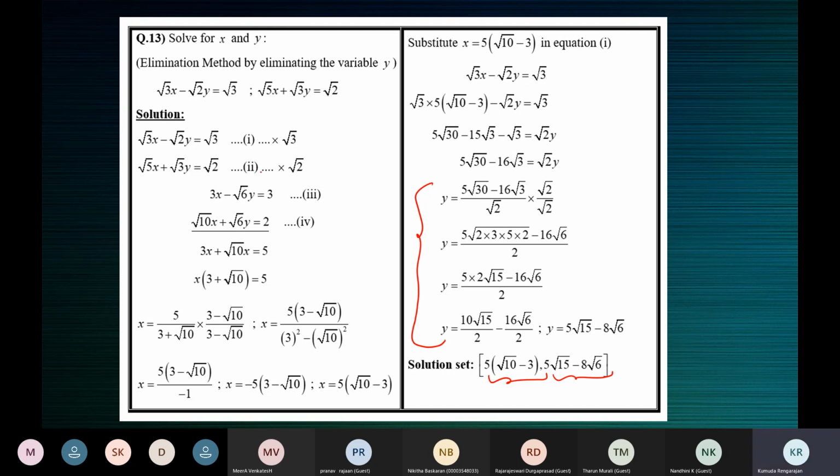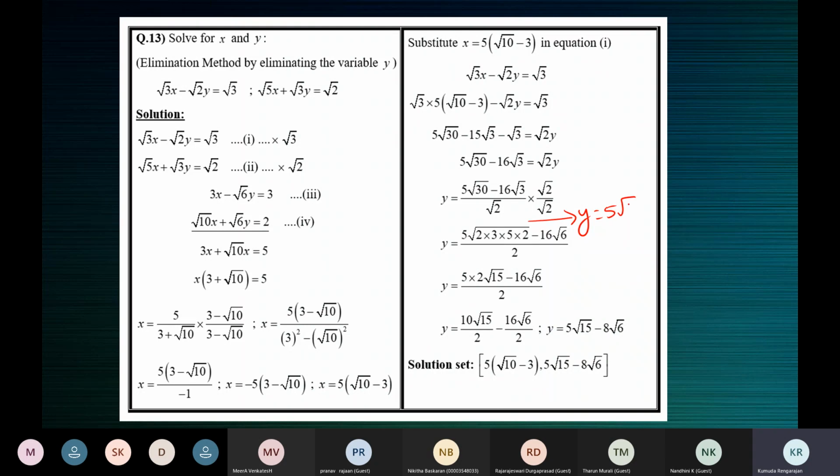I'm not talking about this because I want you to understand. I'll not be saying anything about this part. 30, I've just found the factors of 30 here. I can give you one more step for clarity. So here I can just insert this one. Y is equal to 5